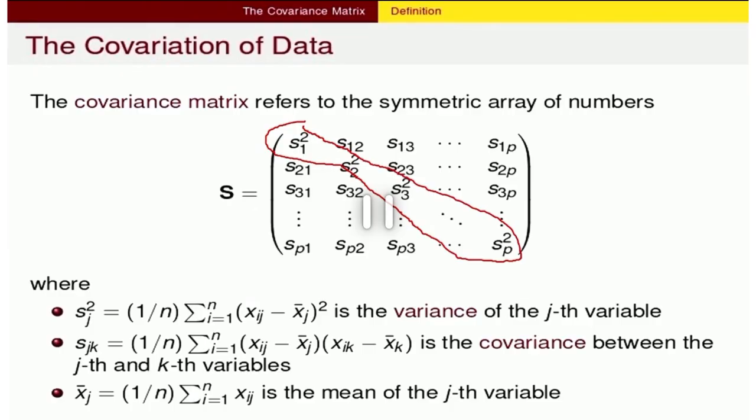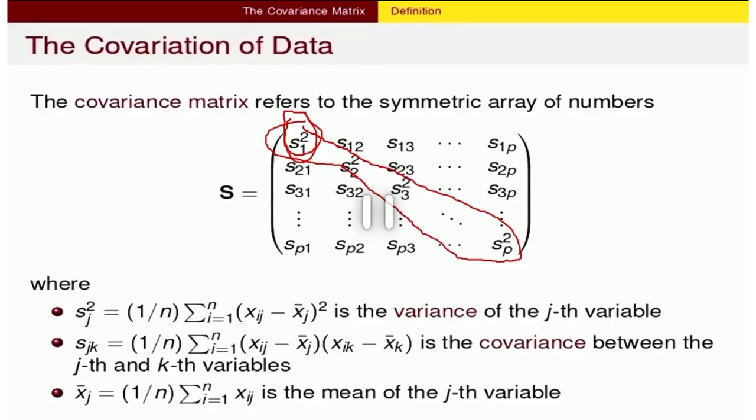When I'm talking about the covariance matrix, I'm focusing on variables. I'm not focusing on observations. I'm going to say that again. When I'm talking about the covariance matrix, I'm not focusing on observations, but on variables. Because the first entry here is the variance of the first variable in your data,